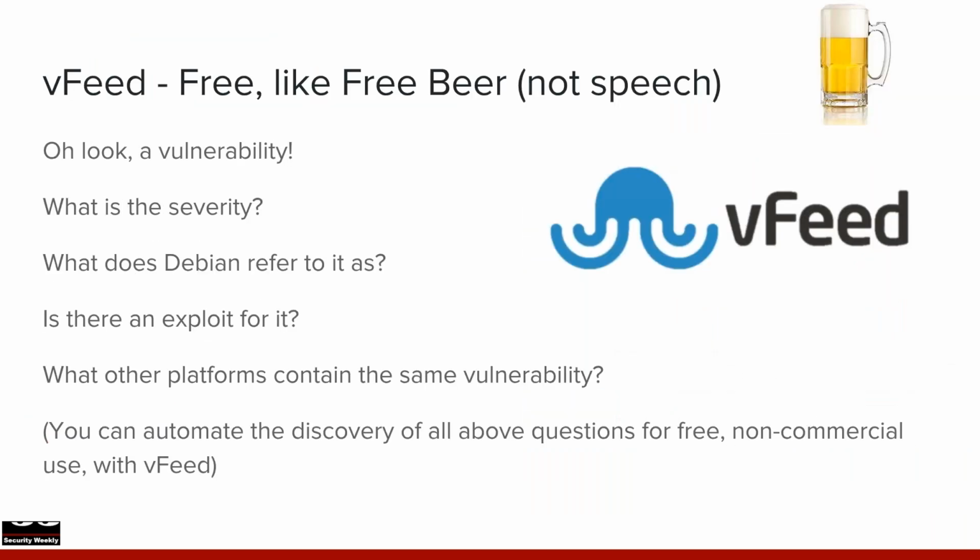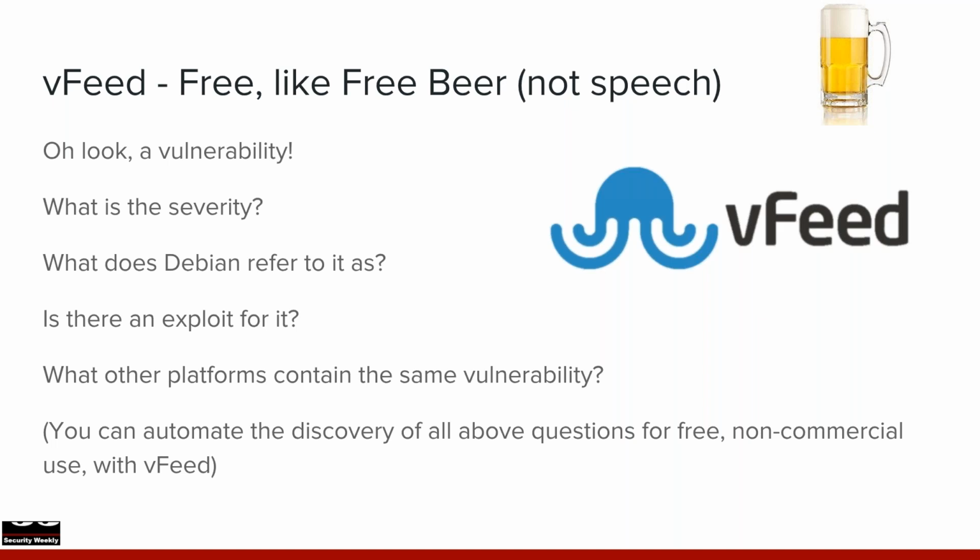vFeed is another free open source project, and it basically gives you a lot of metadata about a particular vulnerability. So what's the severity of that vulnerability? Was it in Debian, and did Debian release something? Was there an exploit for it? Essentially, if you download vFeed, you can integrate that into your other open source solutions to tell you information about a vulnerability. Let's say you're vulnerability scanning or